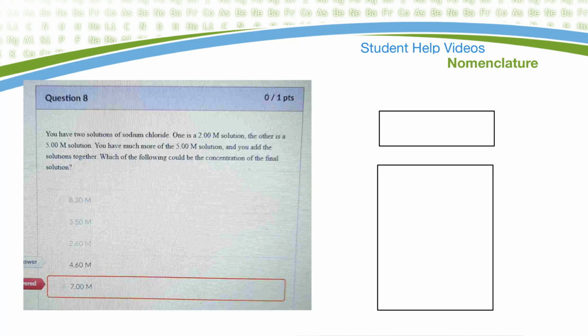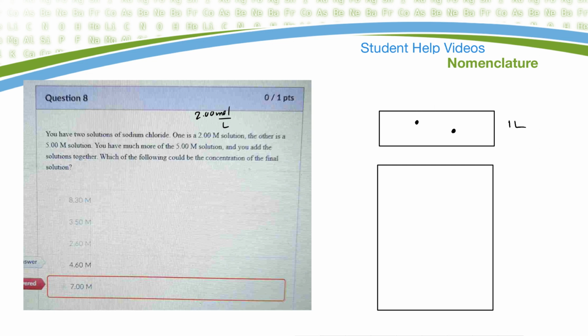All right, here's a couple of questions of understanding solutions and molarity. It says I have two solutions of sodium chloride. One's 2.0 molar, which means 2.00 moles in every liter. So let's just say this is 1 liter. So that would mean I have 2 moles. Now, there'd be a whole lot more than this, but I'm just going to put 2 dots to represent the